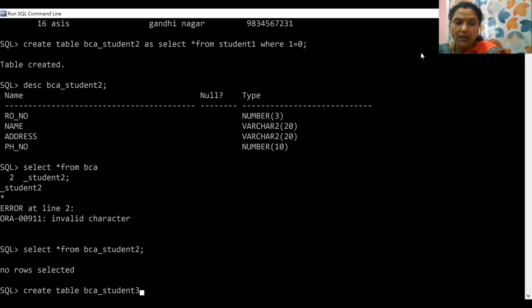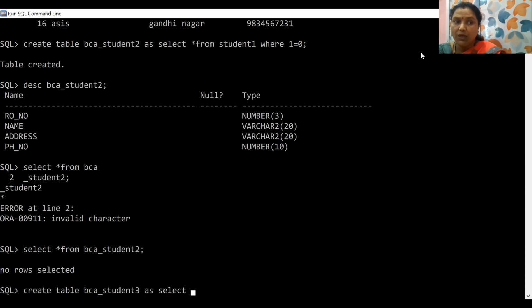Create table BCA student 3 as select some field names you want to use. So you have to write the field names instead of writing star from.